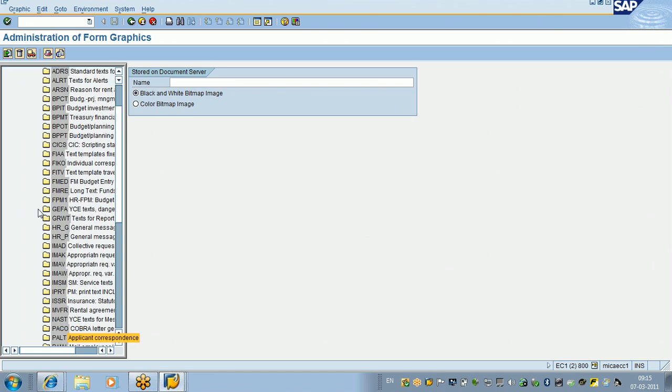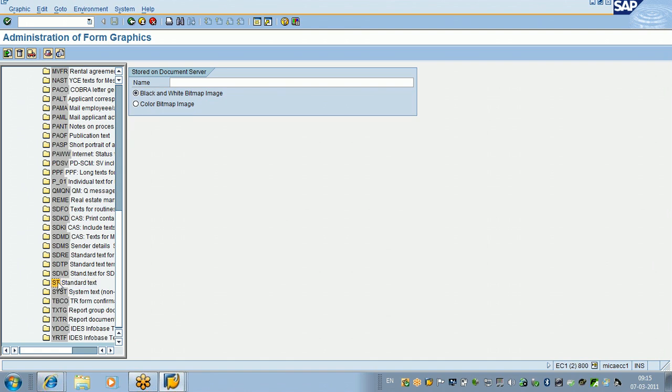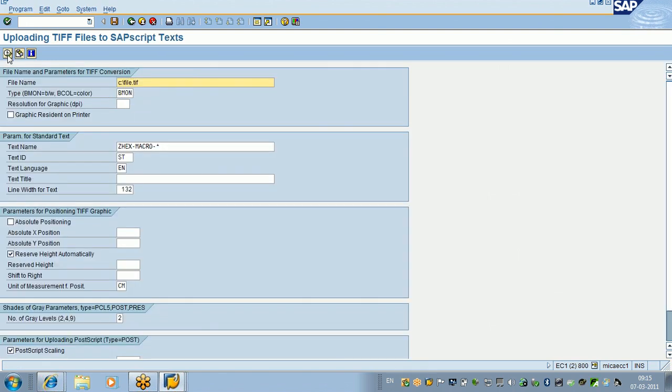In the standard text there are different IDs available. You go for the ST, standard text, ST, double click on this. Okay, so now click on the import button. So now a screen is coming for you. Okay. In this screen,